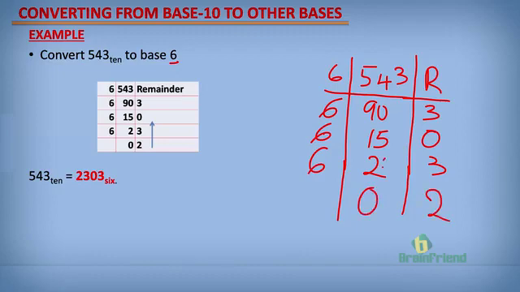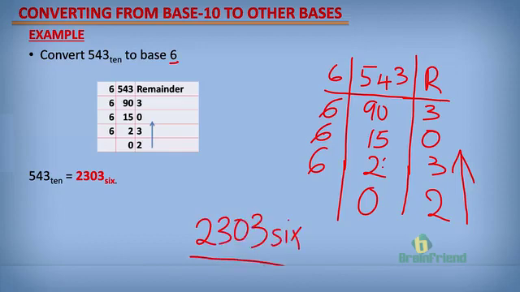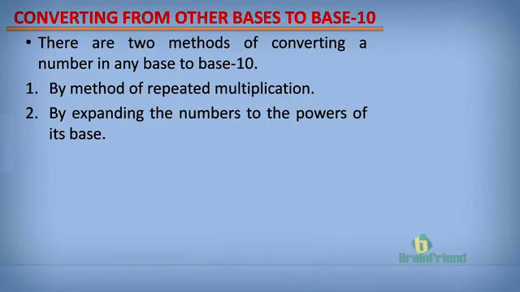Now the answer is the remainders written from the bottom to the top. So this is 23036. 543 in base 10 is 23036. Now, just as we have converted from base 10 to other base systems, we can also convert from other